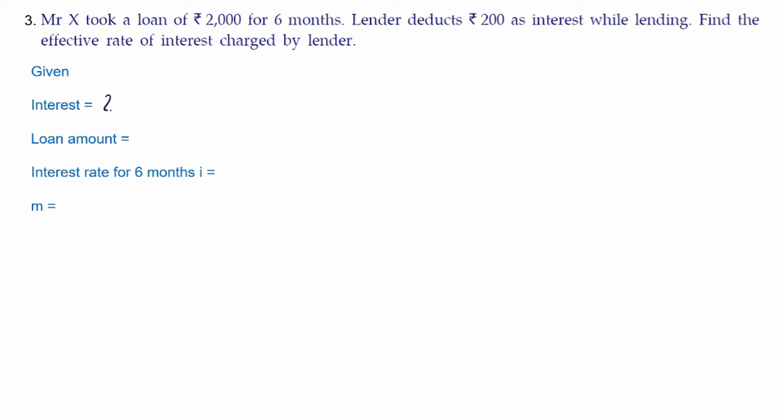We need to find the effective rate of interest. So the interest amount is given as rupees 200. The loan amount will be 2000 minus 200, it is rupees 1800. So the interest rate for 6 months will be 200 upon 1800. It is the rate per period i. This is nothing but R by M, and it is equal to 200 upon 1800, which is 1 by 9. And then Mr. X has taken a loan for 6 months. It means the number of conversion periods in 1 year will be 2. So we have